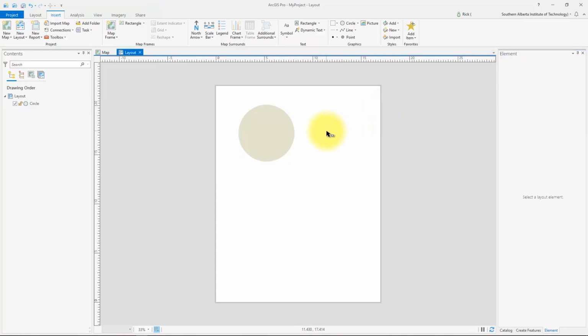So that's how you can draw some features in ArcGIS Pro, draw some graphics in the layouts if you like,